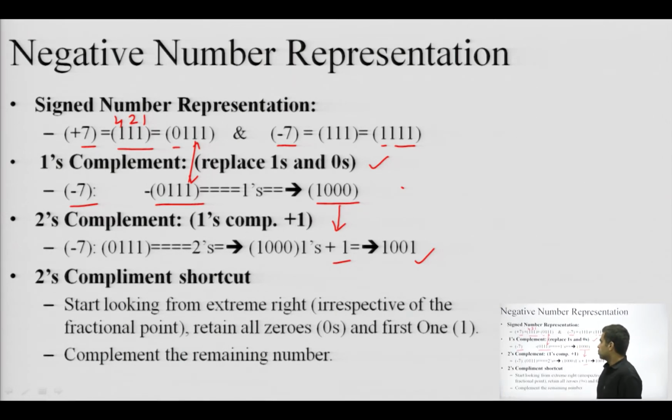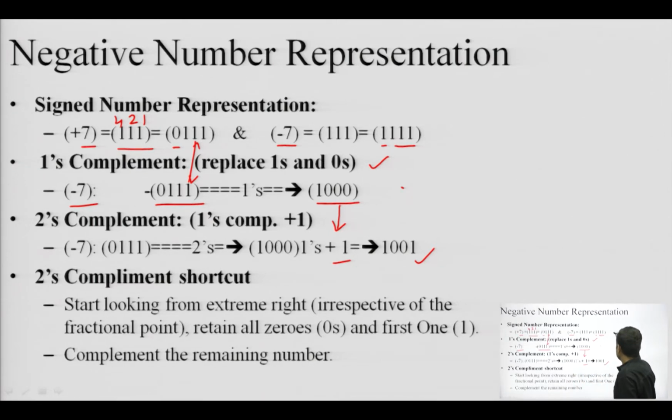Okay. So, in this way we can write any negative number in signed magnitude form, in one's complement form and in 2's complement form. And there is a shortcut as well to compute the 2's complement. We need not perform one's complement and then add 1 to it to get the 2's complement. There is a dedicated shortcut, although we cannot call it a method, but this is a shortcut. So, how to obtain the 2's complement of a number?